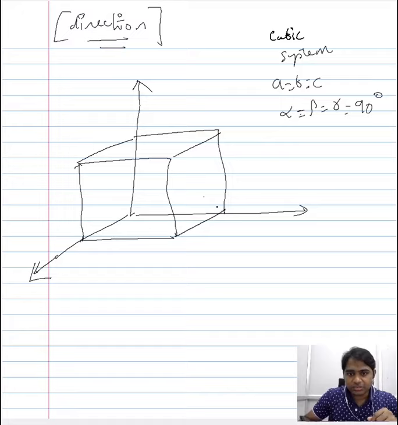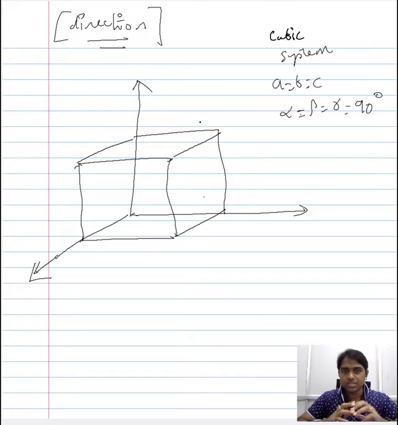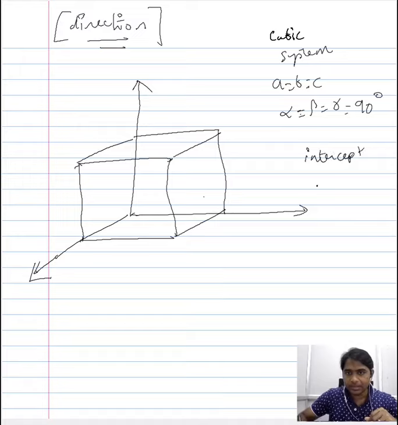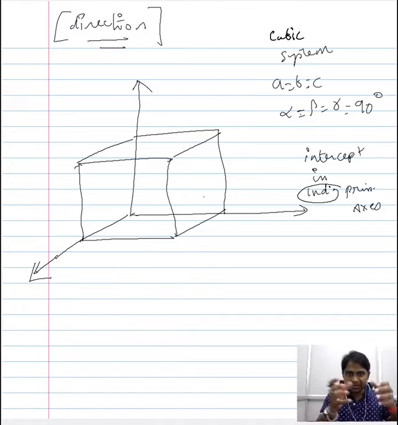Now in the previous lecture we saw that when we want to talk about a plane, there are three different steps that we need to take in order to describe the plane using integers. These three steps involve first considering the intercepts made by the plane in individual frames of reference or principal axis. So the term individual is important. It is not the point where the plane meets the whole of the frame of reference, but the intercept the plane makes with each individual frame of reference.